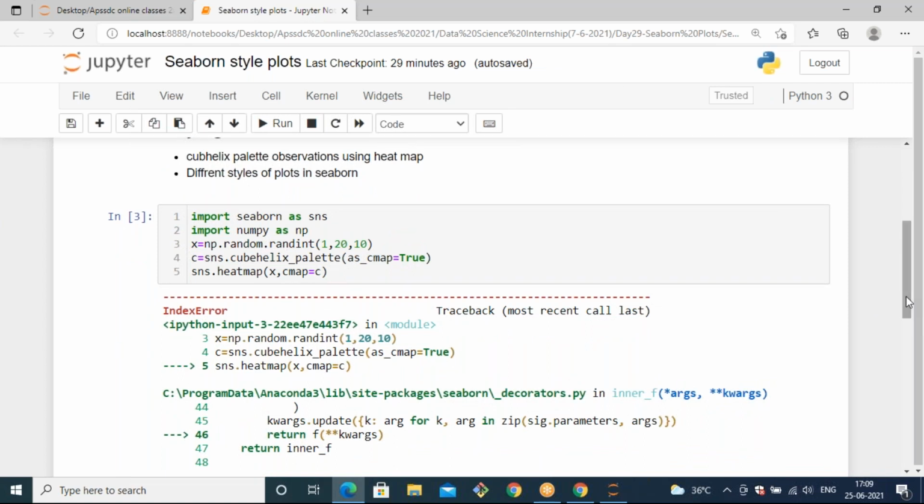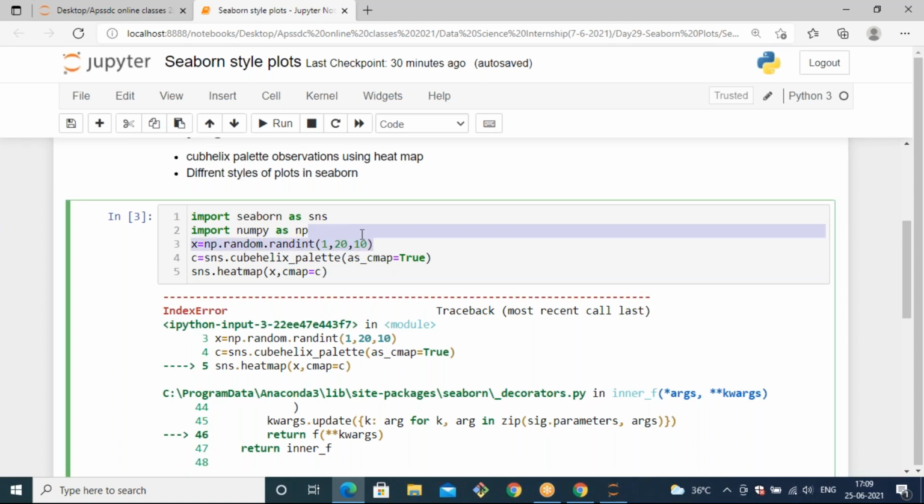Yeah, the heat map takes a two-dimensional array. But here, if you see, we are generating only a single dimension, right? We are generating random values with the random function, but it produces only a single dimension. X has a single dimension, but the heat map takes two-dimensional arrays. So try to reshape it after generating. I'm reshaping it here itself, dot reshape.